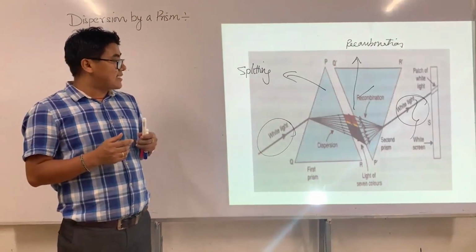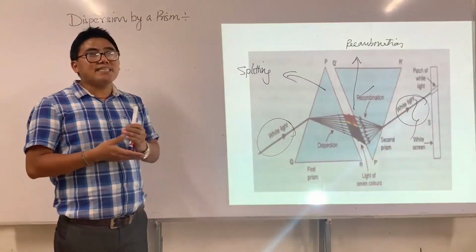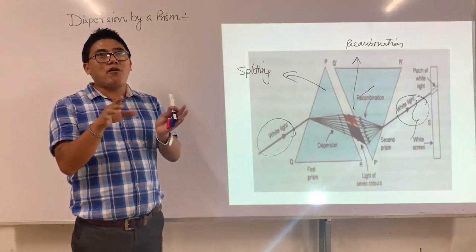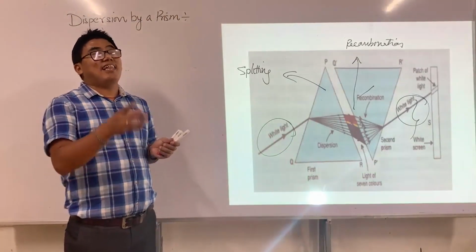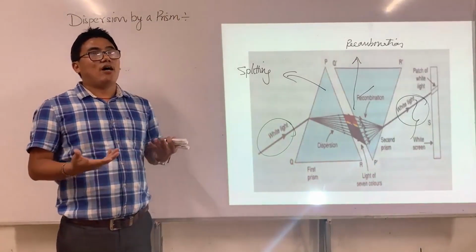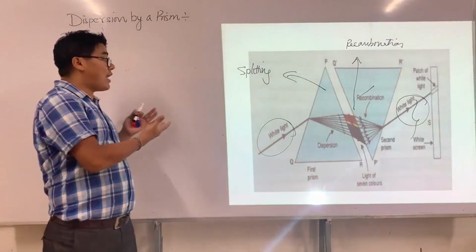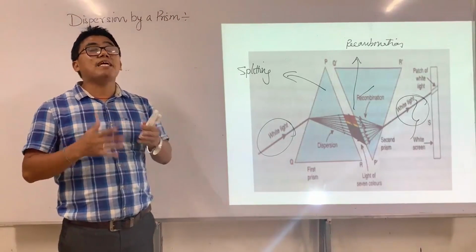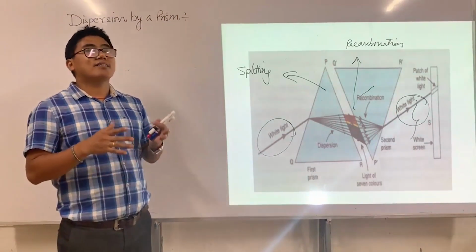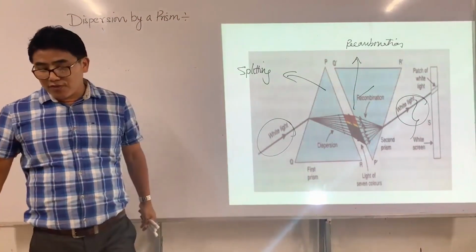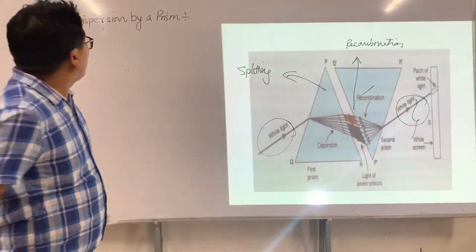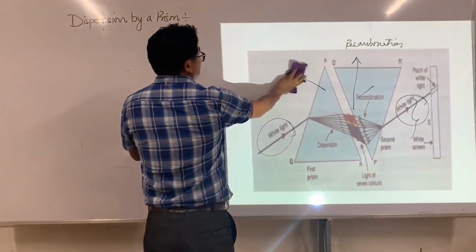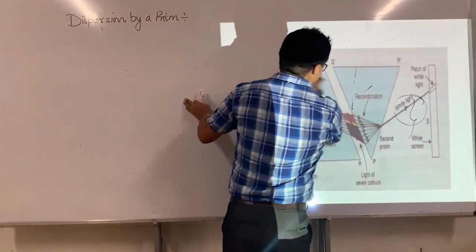This ensures that it is not a prism that creates beautiful colors. It is the light which has 7 colors, which we call the visible spectrum, and it is a prism that splits light into 7 different colors, and this is what we call dispersion. Alright, this is what we have.